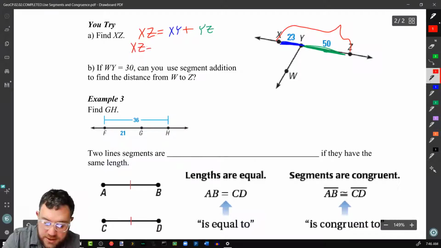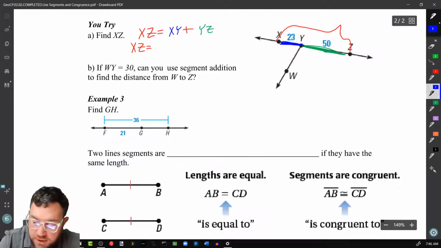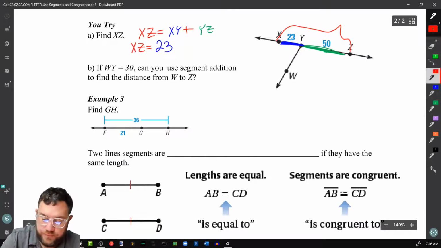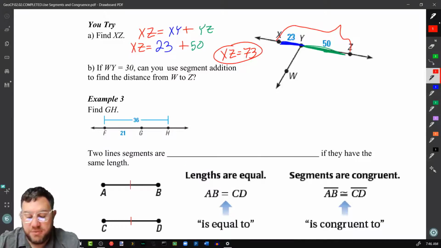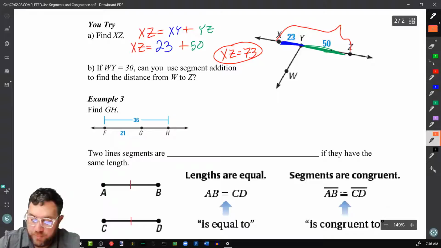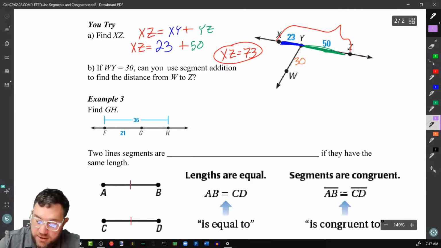So XZ equals, XY is 23, YZ is 50, so XZ is 23 plus 50, so it will be 73. Now we don't have units on this one, so we just leave it as the number. For B, if WY is 30, can you use segment addition to get from W to Z? So can we